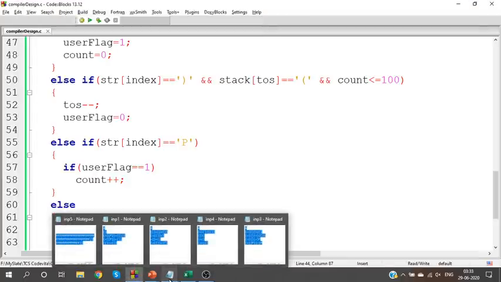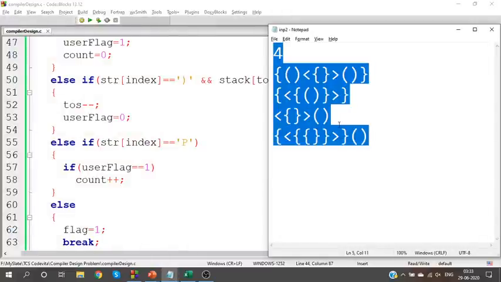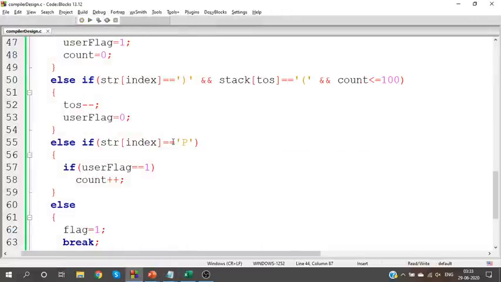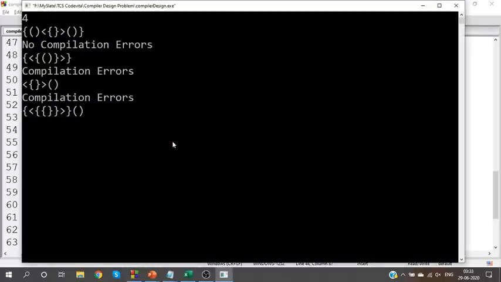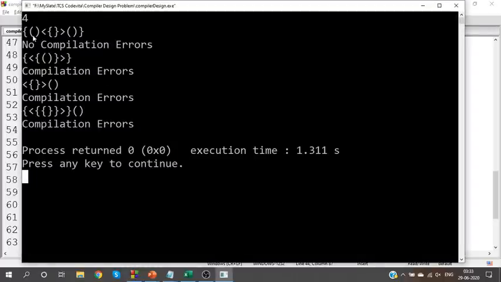Next one. Okay, so I'm just going to copy this. For the first one, everything is balanced, no errors. Next one, yes, look at this. A user defined function is present within the loop of main. So this will throw some errors, obviously. So compilation error. Here, we don't have the starting and ending curly brackets. So compilation error. Next one, at the end, I have an extra function, which is why we have a compilation error. Clear? So the second test case will pass.